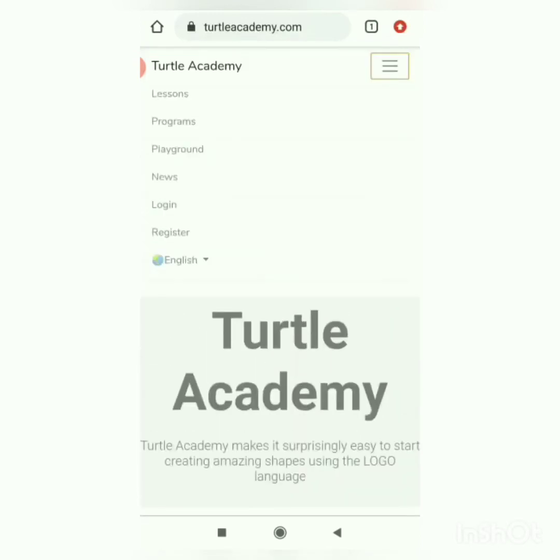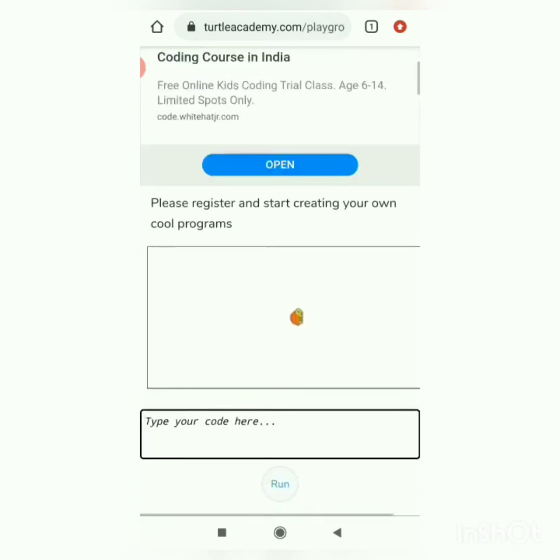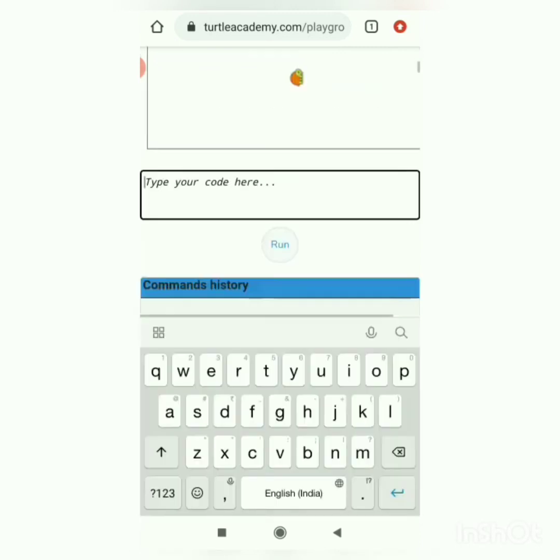From your options, you have to select the playground option. Today we are going to make one pattern using circles, and we'll make the circle using the repeat command. First I'm writing the command for a circle, and we are going to make a very small circle, so I will write 0.5.